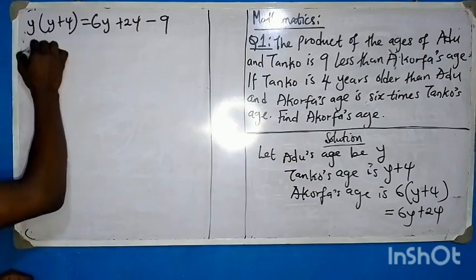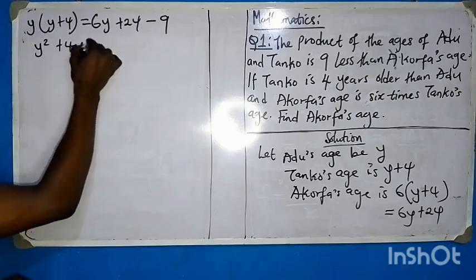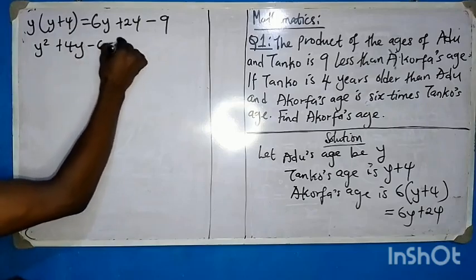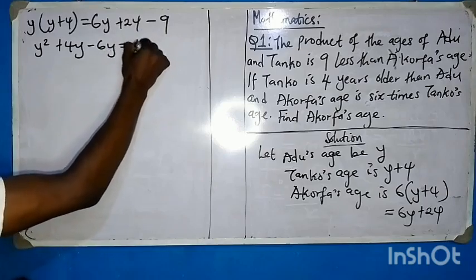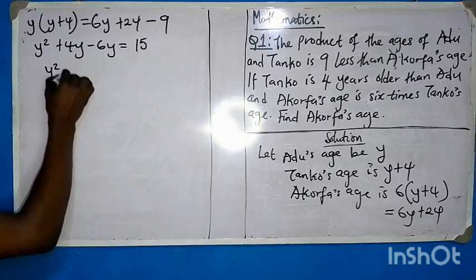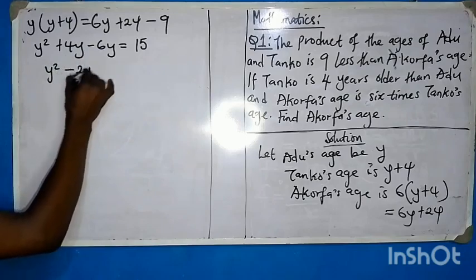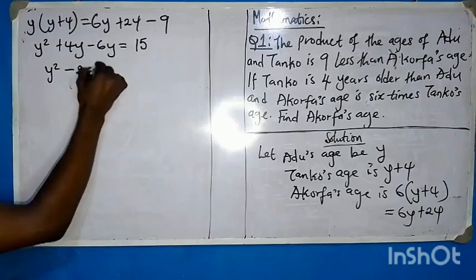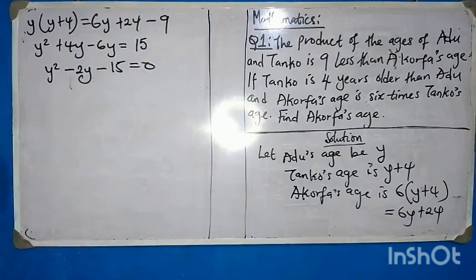So y times y here will give us y squared, y times 4, 4y. We can bring this 6y to this side, so that we have minus 6y, is equal to 24 minus 9, which will give us 15. So if we bring this one here, we are going to have y squared plus, 4y minus 6y will give us minus 2y. 15 crosses to this side, so minus 15 is equal to 0. So it has formed a quadratic equation that needs to be solved